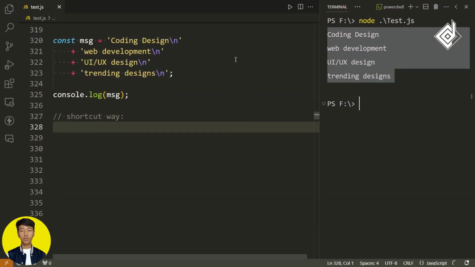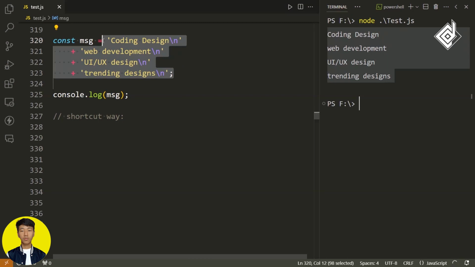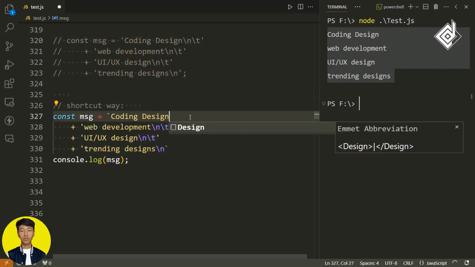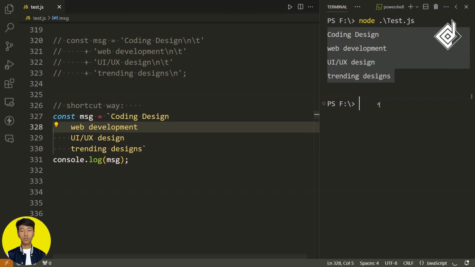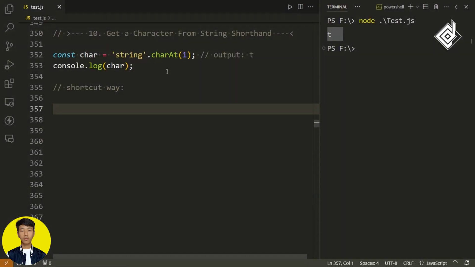And also if you're writing your text across multiple lines, if you want to give tabs or new lines, at that time it was really difficult to work with these strings. So now with the help of the same template literals, you can write plain text and you're ready to go.